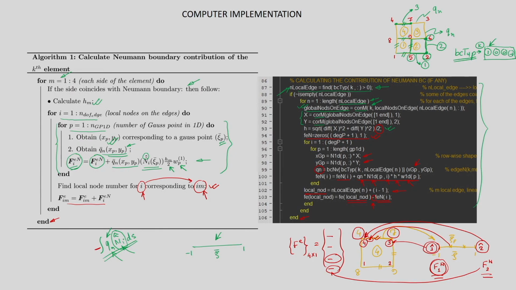So please note down a correction. As I said earlier, this node number 3 and node number 4, they have been mapped to node number 2 hat and 1 hat. Okay. So that is not the case, because we have to go anti-clockwise. Alright. So in order to do that, node number 3 has been mapped to node number 1 hat, and node number 4 has been mapped to node number 2 hat.